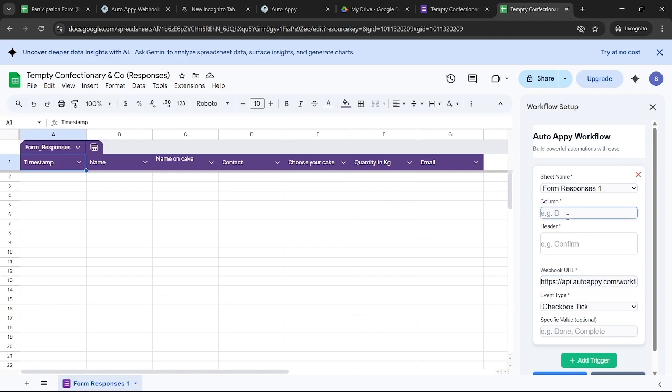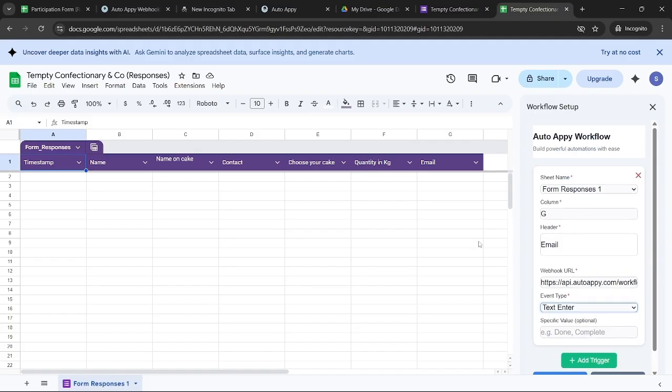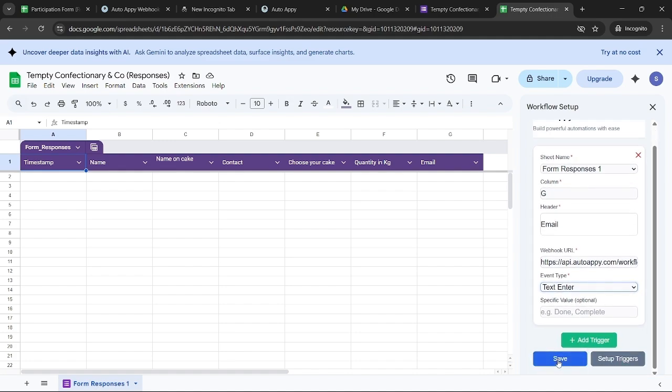and then here you have to add a trigger into this sheet. So basically it is the last column inside the Google form, that's email. So let's just say G and give the header the name email, and instead of checkbox tick event we are going to select text enter. So when this email is going to be entered, the workflow will be triggered. So now let's just say save